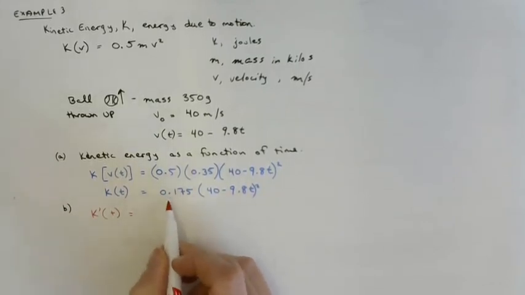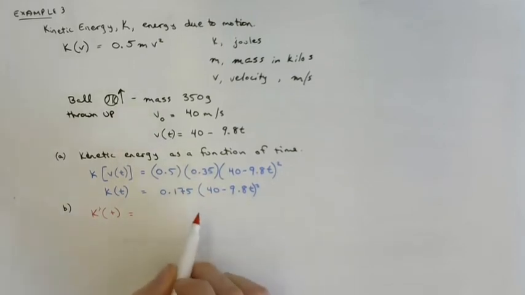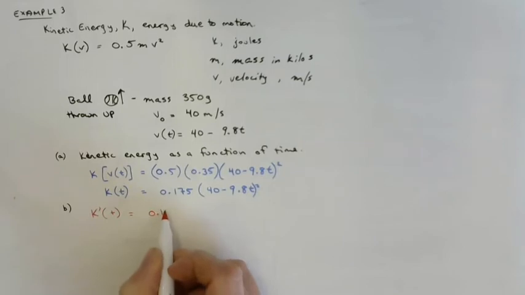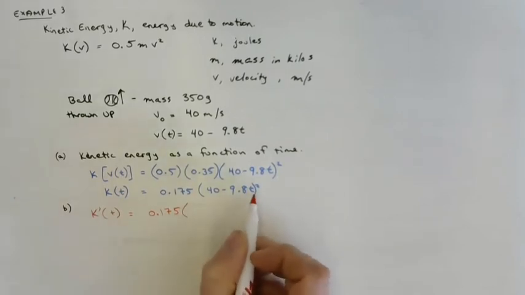The first function, though, is a constant, so its derivative is 0. So the derivative of the first times the second function becomes 0. And now we can take the first function, 0.175, and multiply it by the derivative of the second function,